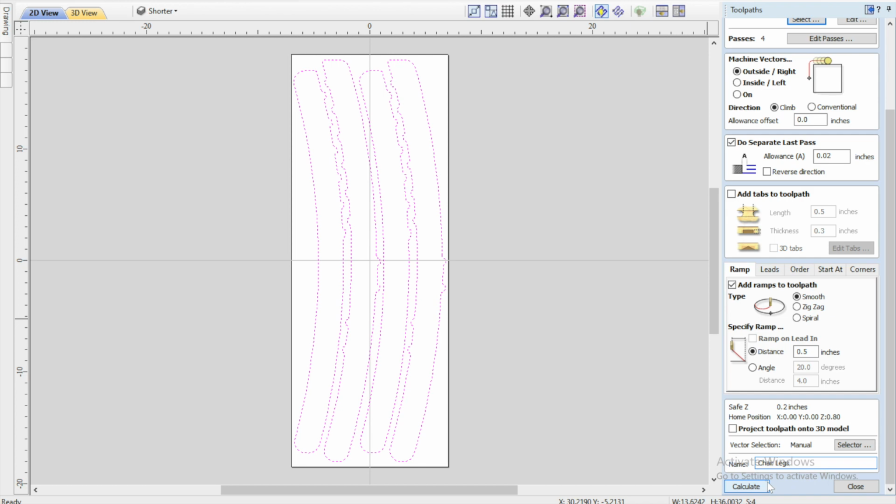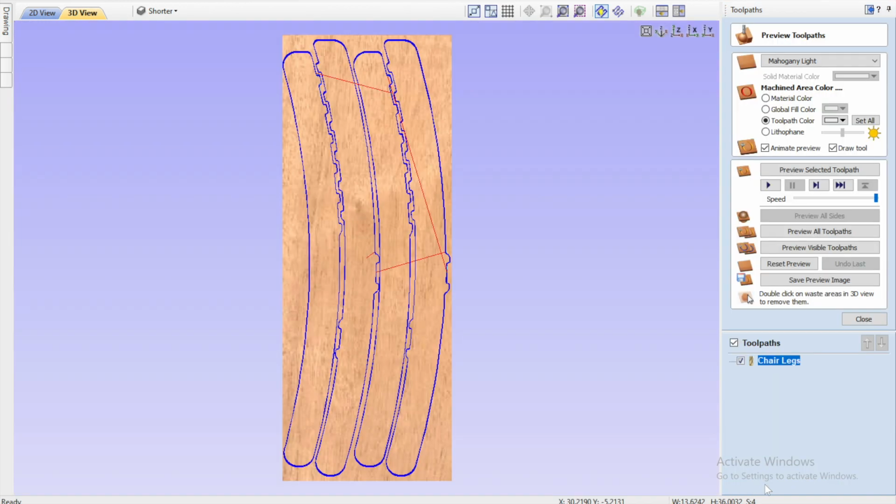And then we just hit the word calculate on the bottom left, and the software thinks for a moment, and then you see these red and blue lines. The red lines show where it starts from. So it's going to start in the middle of our board. Looks like it's going to move over to here and then work its way around and around until it gets to here, and then it'll come up here to this one and cut it out,